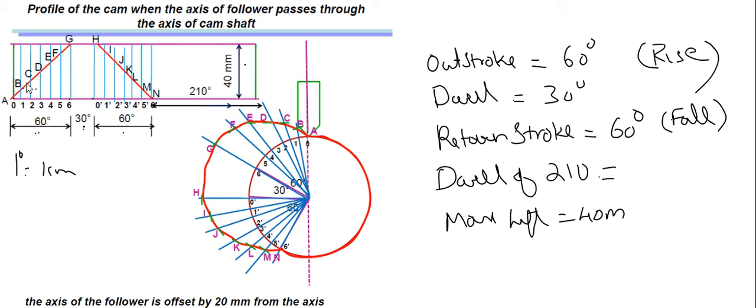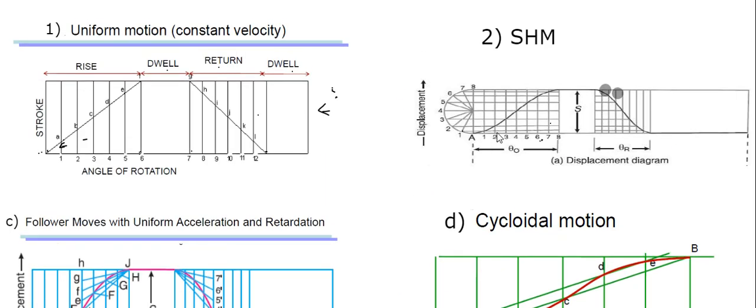The importance of this line is we should be able to trace this 1B, this length. Let me draw it carefully. This one, 1A, this darkened length. These lengths are needed from every displacement diagram according to the motion, whether it is simple harmonic, cycloid, or anything. We need this length. This length is what we need from the displacement diagram to draw the cam profile. So whatever be the type of motion of the follower, simple harmonic, cycloid, we will get a cam profile according to this. Even in this you will get a cam profile like this. We need this length.